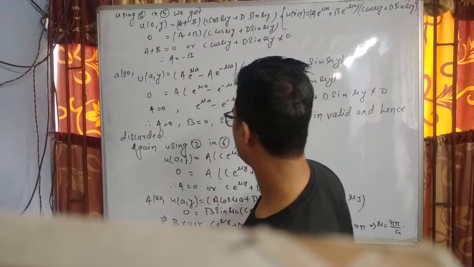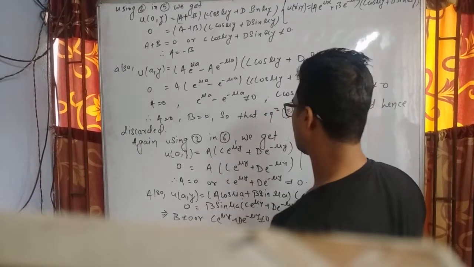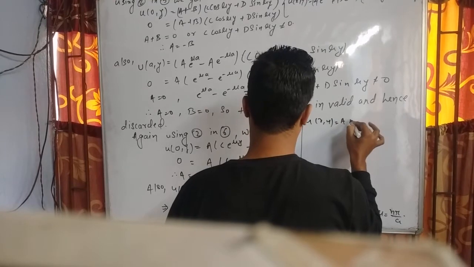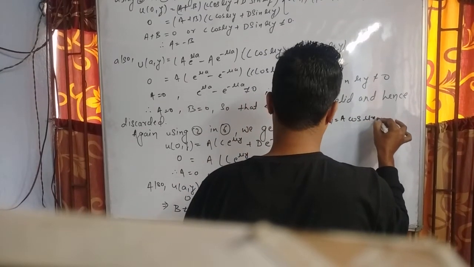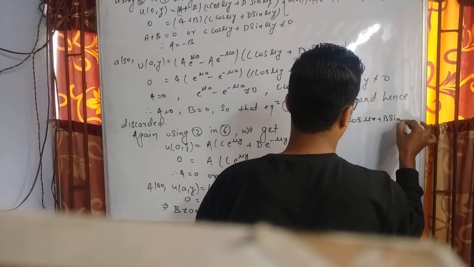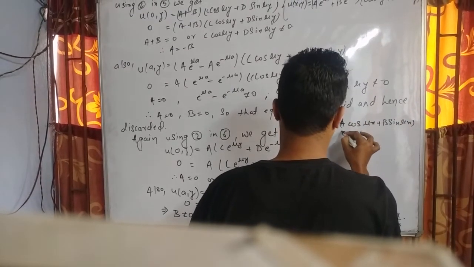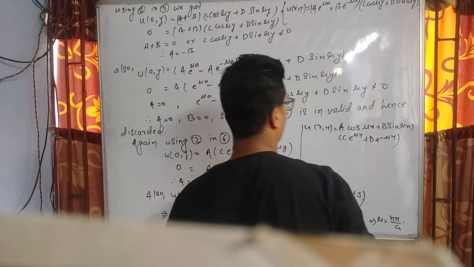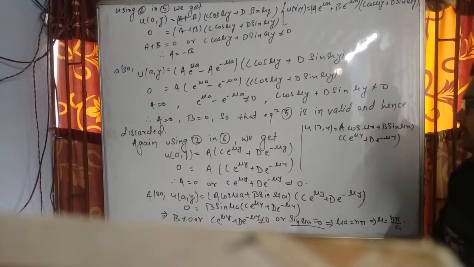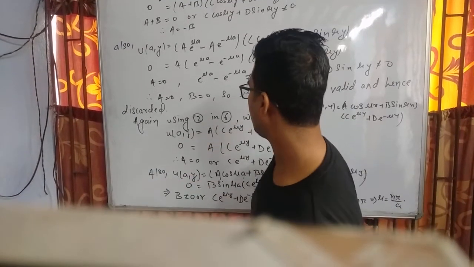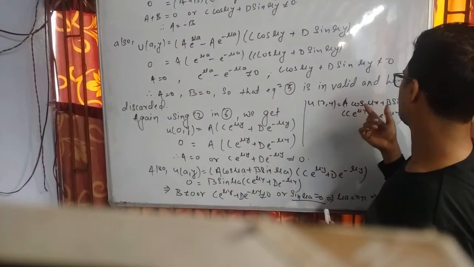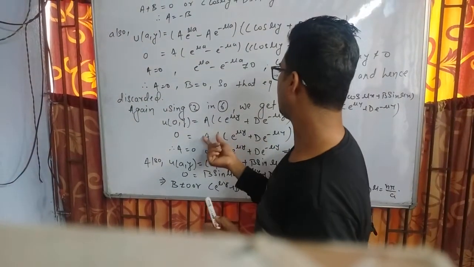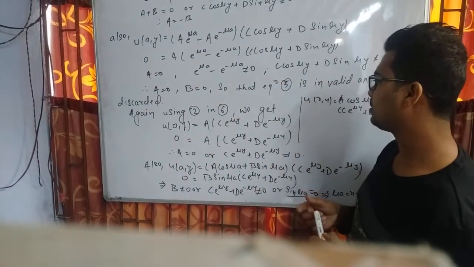Our third solution was u(x,y) equal to (a cos μx plus b sin μx) into (c e to the power μy plus d e to the power minus μy). And in this we'll put all the four boundary conditions. The first boundary condition was u(0,y) equal to 0. On putting this, it simply becomes cos 0 is 1 and sin 0 is 0. So we get a into (c e to the power μy plus d e to the power minus μy), and